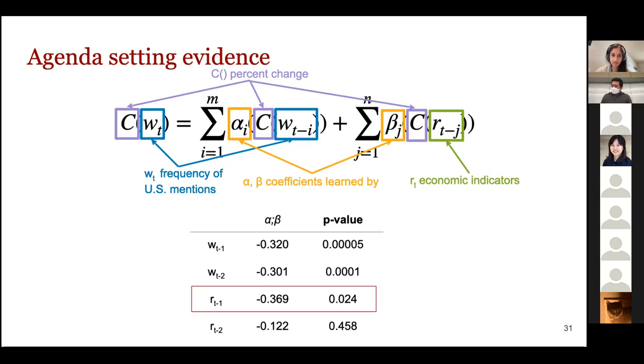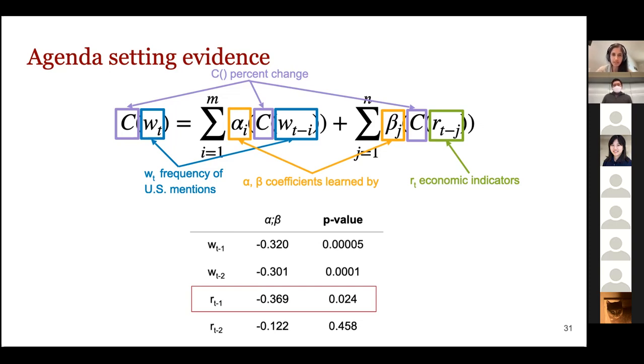And there's three main things. The first is that the learned coefficient is significantly different than zero. The second is that the learned coefficient for the economic data is negative. So this is the same trend that we saw in the correlations, that first we see a downturn in the economic data, and that is then followed by an upturn in the amount of US news coverage. And the third is that if we try to fit this model back further than 1 month, so we try to predict US news coverage 2 or 3 months ago, we no longer find a significant effect. So we can see that there's some kind of time delay happening here, but it doesn't go back longer than 1 month. So overall, this gives us some pretty strong evidence of agenda setting.